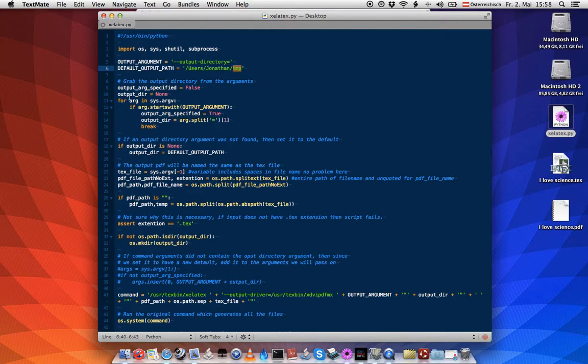Then on this line, basically what we're doing is we're setting some defaults. We're saying, is there an argument specified? No. And then we can change it down here to true if this condition is met. The output directory, we're setting it by default to none. These are just default settings. Those don't do anything. So then we say for every argument that was used, and if you don't know what